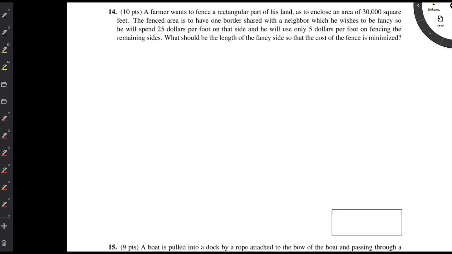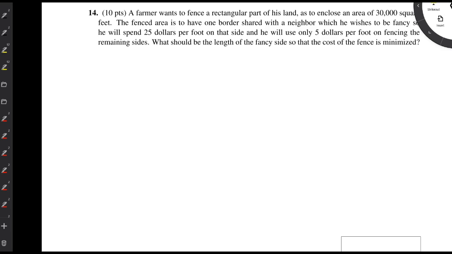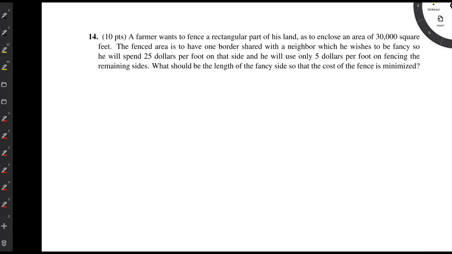So I want to go over number 14 on the spring 2016 final, and more than likely you'll have a problem like this on the final exam, so I want to walk you through the process of it. It might not be a fence, but it could be something where you're going to maximize or minimize a cost function. So on an application problem, the first thing you want to do is draw a picture